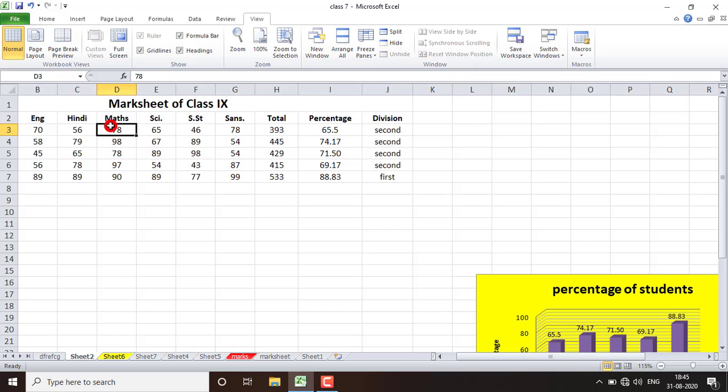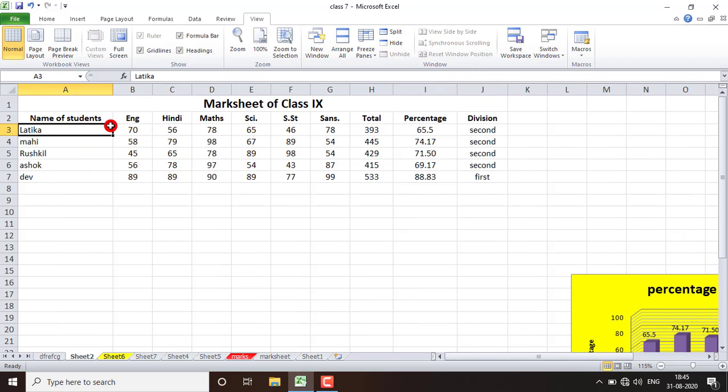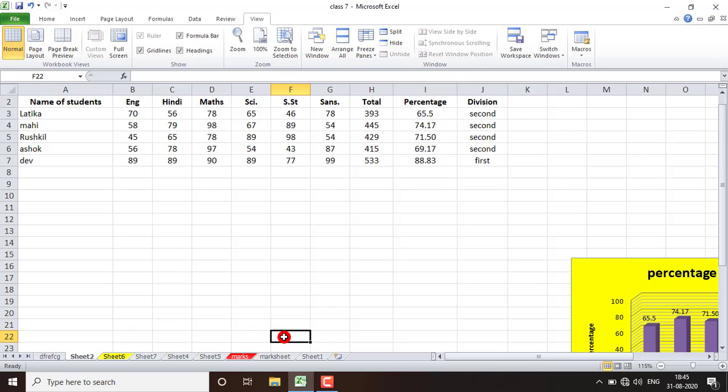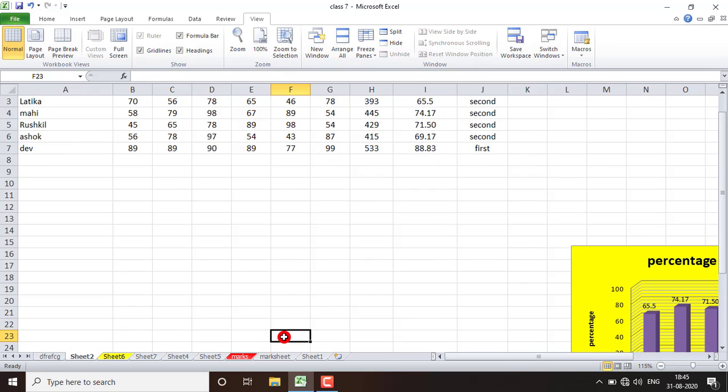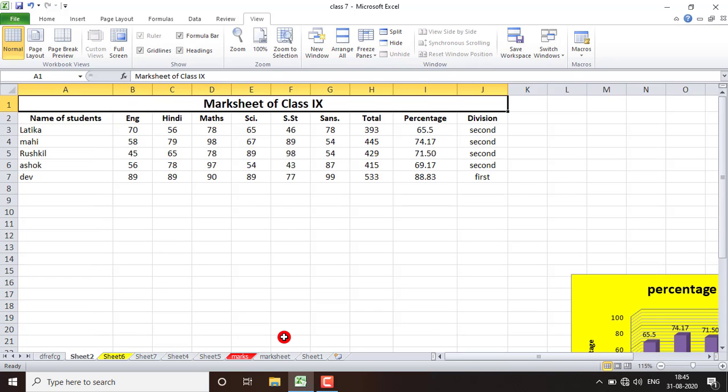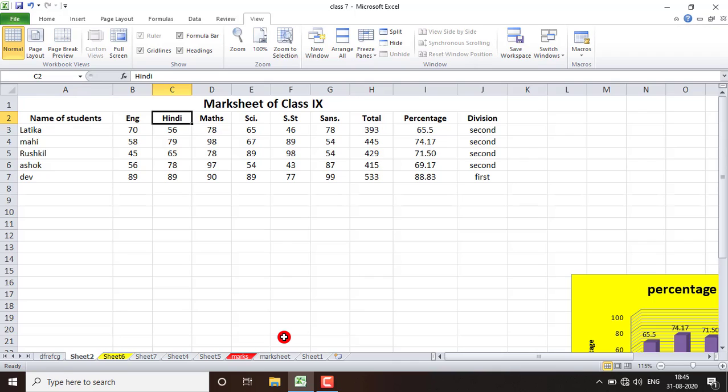If we talk about this mark sheet, here you can see our mark sheet is there. Now suppose as I reach here and do the entries of later roll numbers, now the headings are gone. Can you tell me which one is science marks, which was English, which was Sanskrit? To overcome this problem, we have this option of freeze panes. If we use the freeze pane, these headings will remain visible to you all the time.